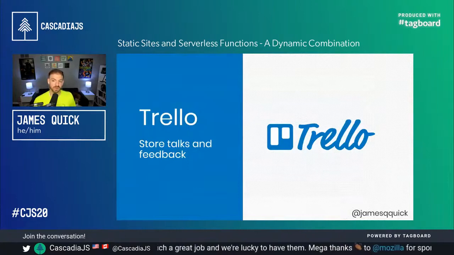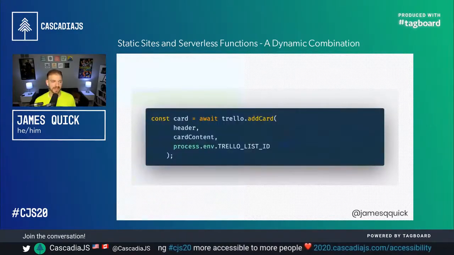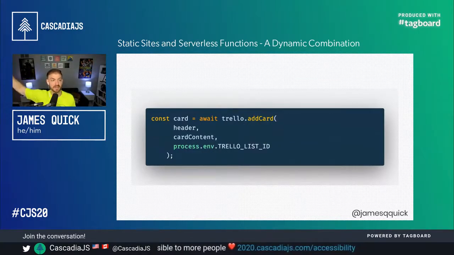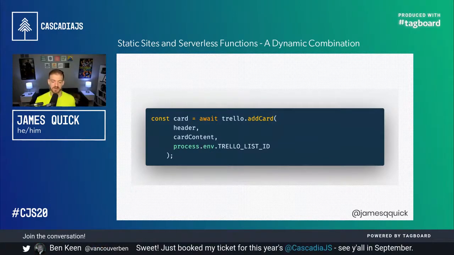With Trello, I'm going to store all of the talks that I give as Trello cards, if people have used Trello before. If not, go check it out. I use it every day for my to-do items and backlog and things. So I'm going to store the talks inside of Trello. And then with each talk, I'll store all of the comments that come along with it, or the feedback comments that come. So a little code snippet here in serverless functions. I can use the Trello npm package and just call add card for each comment that comes in. I just call add card and give it the content and it creates the card in Trello, which is pretty cool.